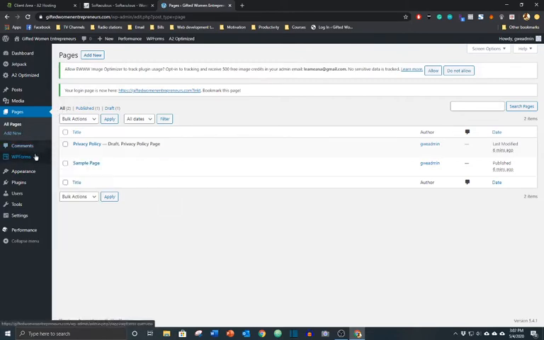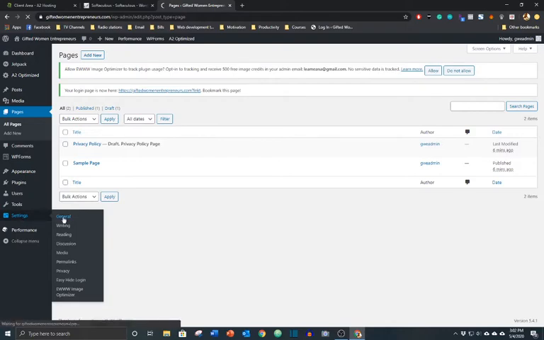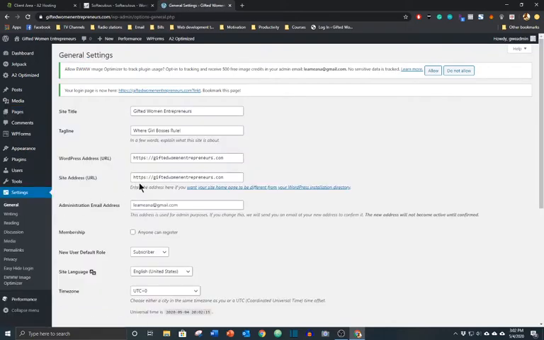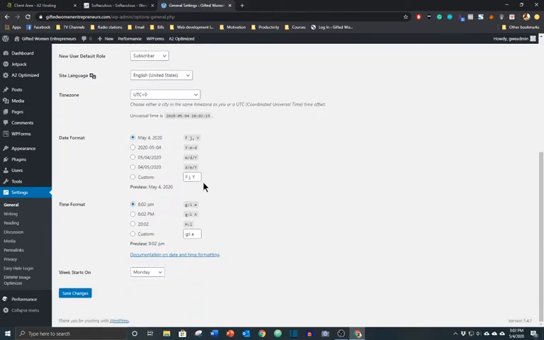So we can also go into the settings here and go to General. And this is where you can change your site name. This is what we set up when we installed WordPress. And you can go through all of this and look here. I want to go to the permalinks,